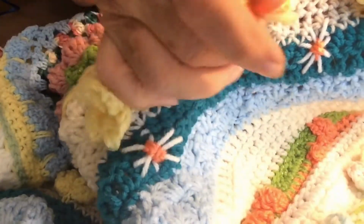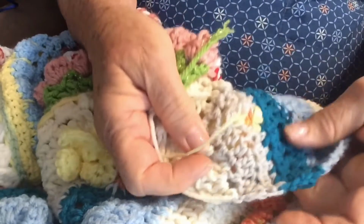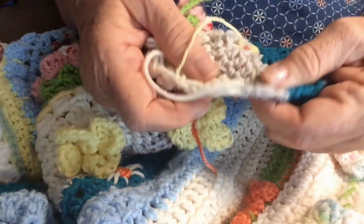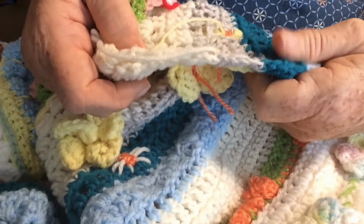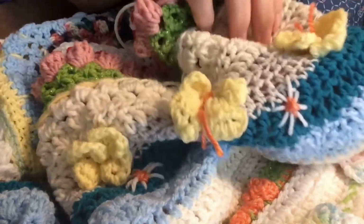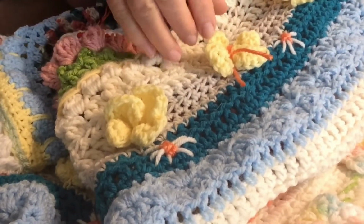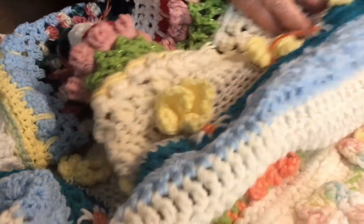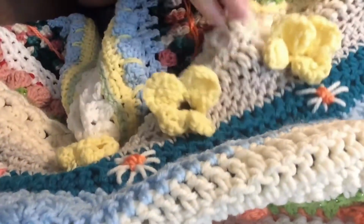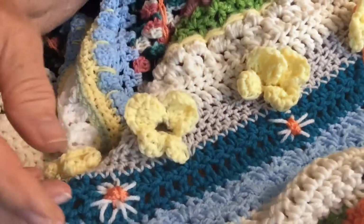And if you don't know how to embroider, it's just simply pulling yarn through the different threads. And on the back here, you can see where I had left some openings in that row and had built my butterfly on those stitches, using some of the stitches as my foundation, where I crocheted the little butterflies on. The little ones, of course, from the previous video, you do know that the little wings on the butterfly are double crochet stitches, and the triple crochet are the larger